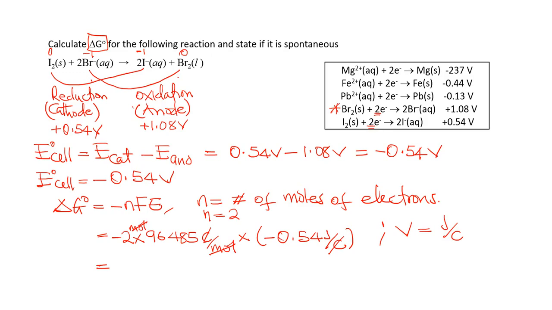So if we do the calculation, we find that the delta G of this reaction is 1.04204 times 10^5